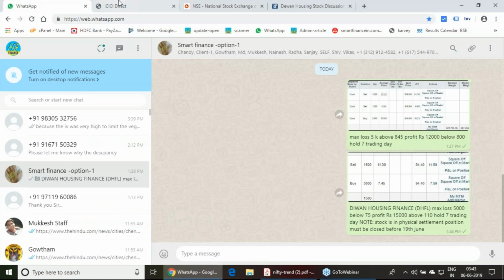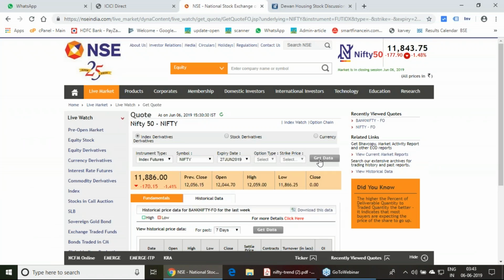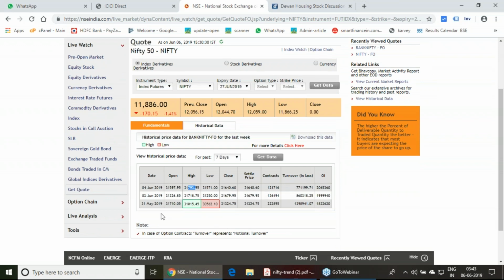Here I'm going to the NSE site. I'm just going to take the Nifty, this entire week's movement. This was the 3rd June, the first trading day. 4th June was the second. 5th was a holiday. Today was this level. So I'm just going to get the Nifty data. I am just focusing on 3rd June. It has opened at